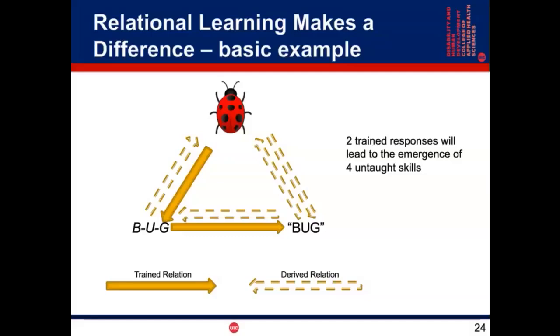And what we then have is a triangular diagram that shows what we would consider directly trained, where we would train, in the presence of a picture of a ladybug, to select the text on, let's just say, in front of the learner on the table, bug, B-U-G, instead of maybe P-I-G for pig or D-O-G for dog. So through trial and error and prompting, we could get selection to the text